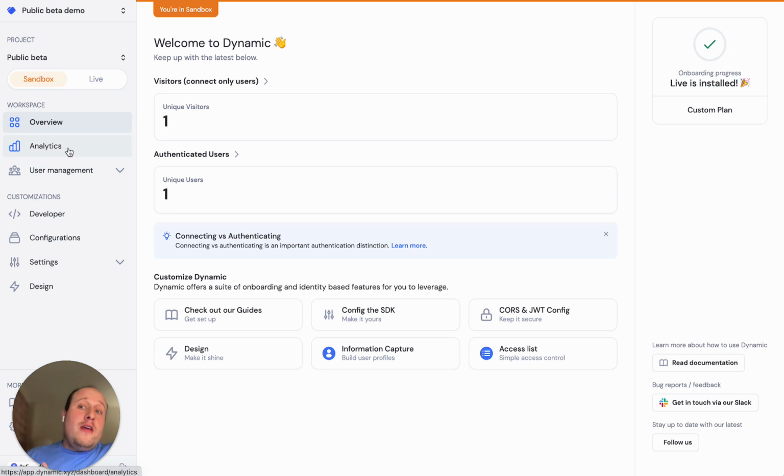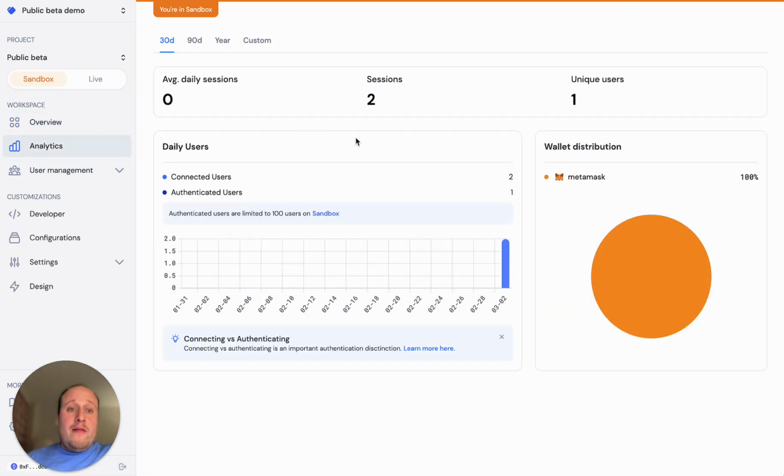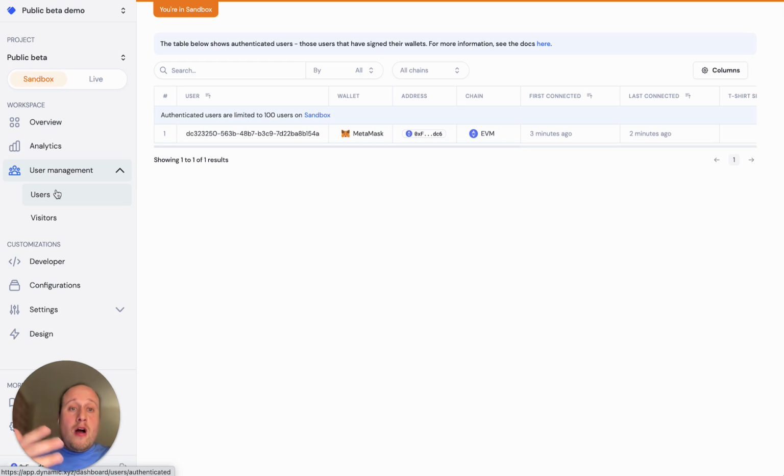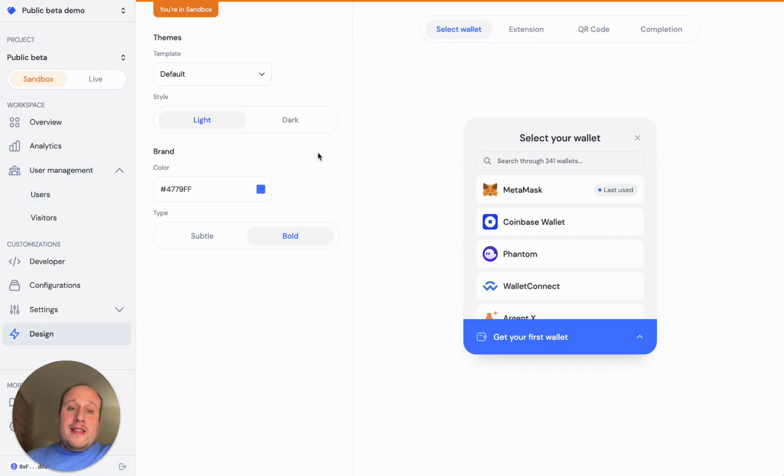So very quickly, you get full user analytics through Dynamic. You can see which wallet logged in. As you can see, I logged in with MetaMask. You can see that I connected and authenticated. You get full user management, so you can see who logged in, things of that sort, which is pretty cool. Now, I actually want to focus on two things, the design tab and configuration tab, which is where most things can happen. So first on the design side,